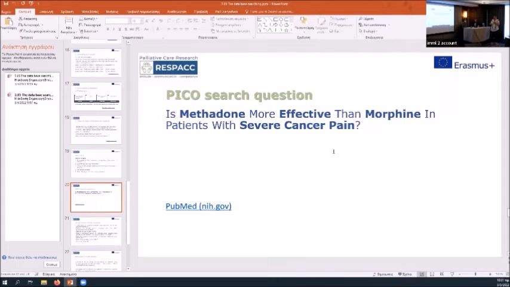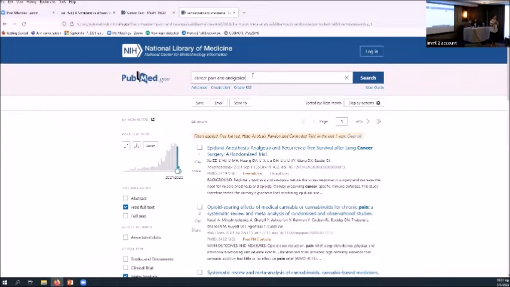And if we go and do this search, then once we do the large search, we can start adding between them. What would we add? We would say methadone, we would say severe cancer pain, and methadone, not morphine, or we leave it, or compared to, we leave it methadone and morphine, and